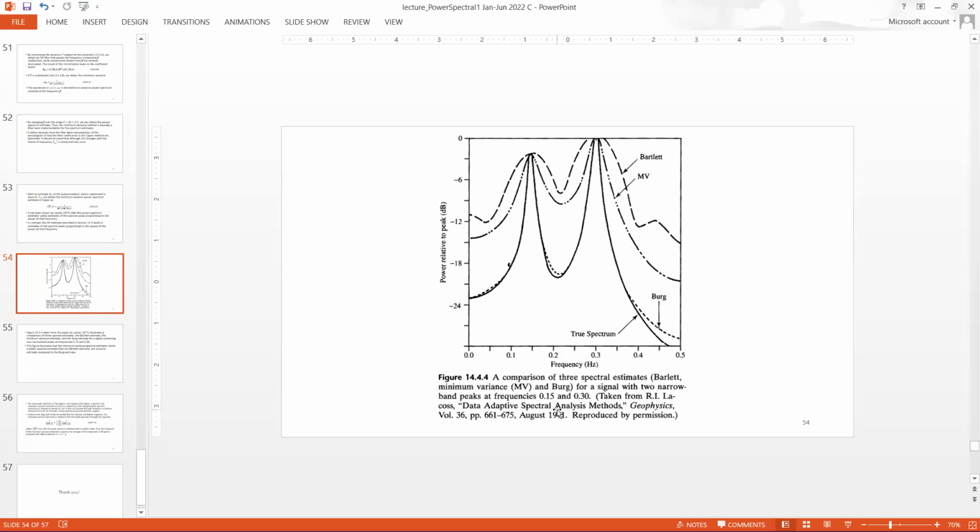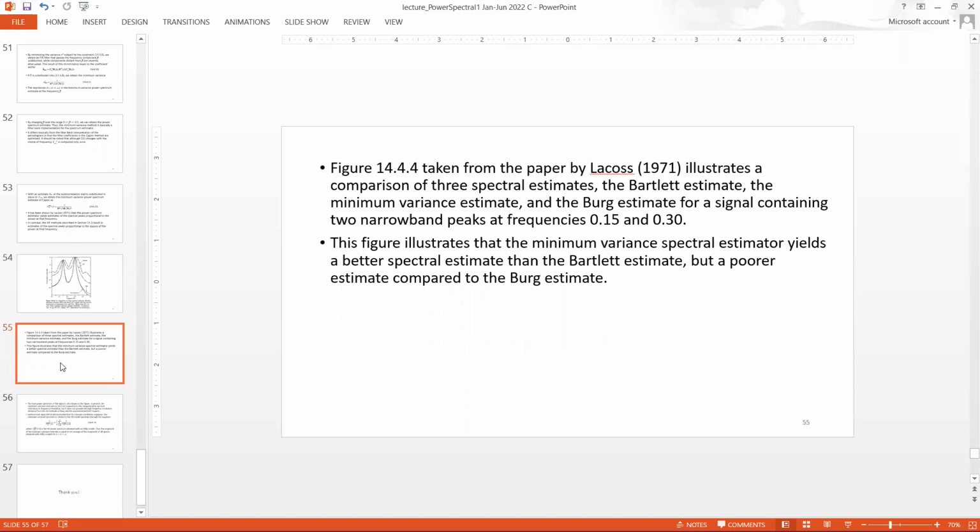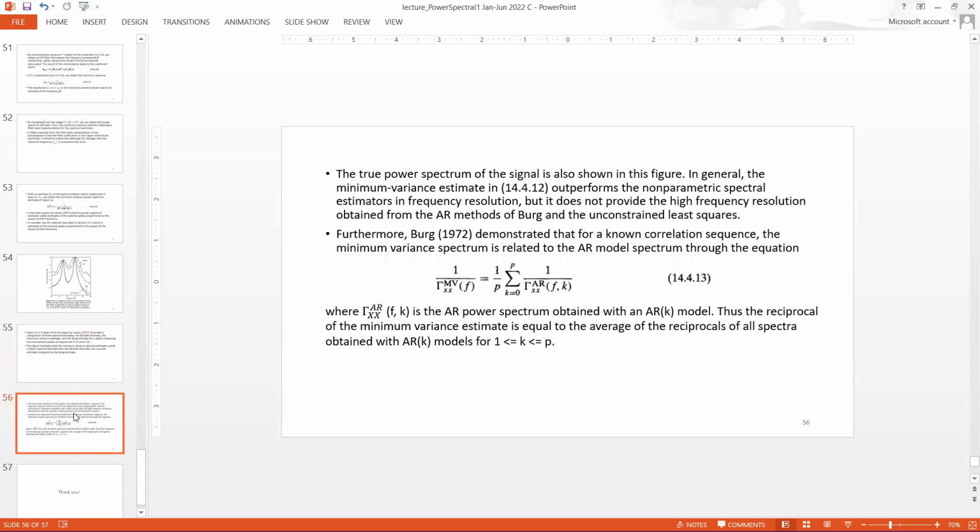of frequencies 0.15 and 0.3. 0.15 is one peak and 0.3 is another. For such two signals, the sample is taken, x by x80. Then it will give us a better representation of the power spectrum. So we found the power spectrum using a filter, and then we said that for better performance you need to apply minimum variance. So we applied a minimum variance condition, and after that the signal we get finally is the power spectrum, the